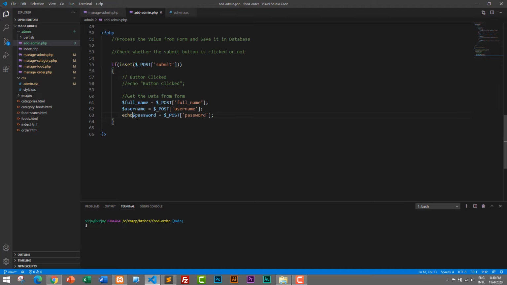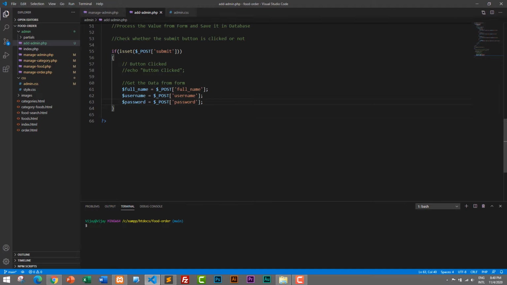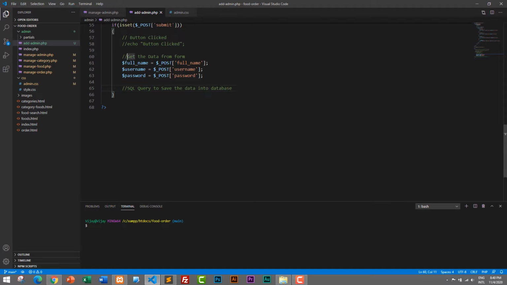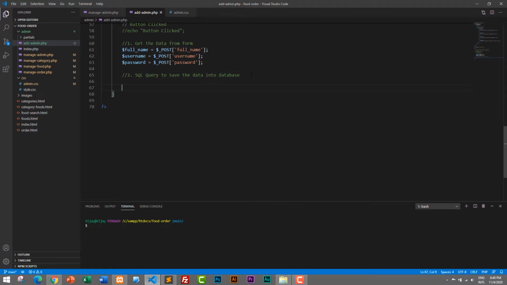So now let's remove the echo, and now the next step is to create our SQL query to save the data into database. So this is our next step. One is to get the data from form, and second step is to create the SQL query to insert the data into database. So I will create a variable here,